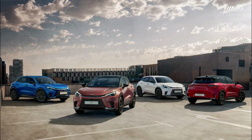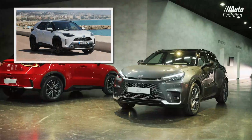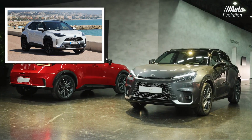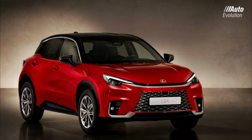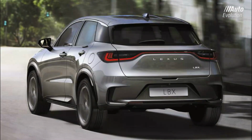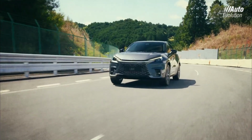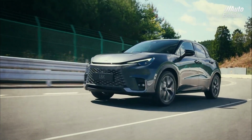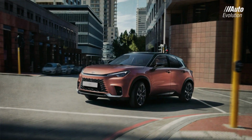The LBX is not a model developed entirely by Lexus. It shares its GA-B platform with its Toyota cousin, the Yaris Cross. However, while the latter is manufactured in France, Valenciennes, the LBX is produced in Japan, like all Lexus models sold in Europe. At 4.19 meters long, 1 centimeter longer than the Yaris Cross, the LBX is by far the shortest